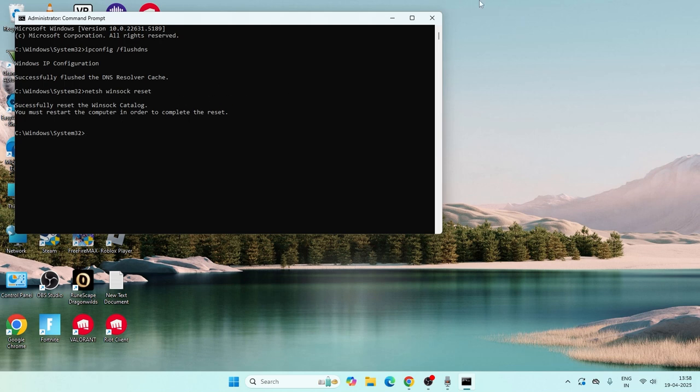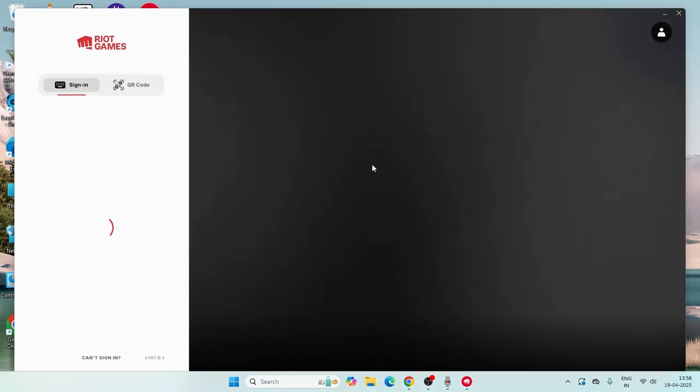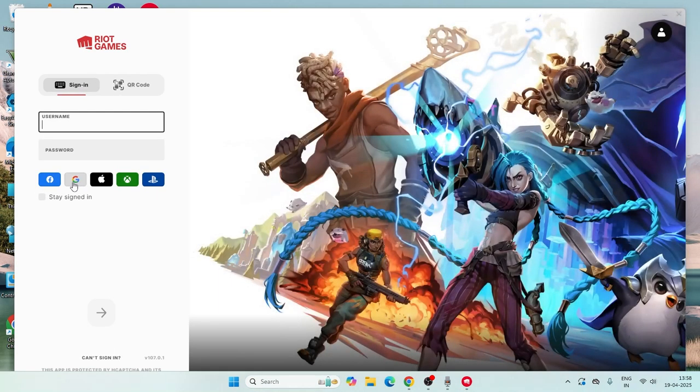The last and final step is all about making sure of one thing, that we need to log into the Riot client. If you are logged into the Riot client, for example, we have lots of games with the Riot client, one is League of Legends, then we have Valorant. So once you get into the Riot client like this, first and foremost, we have to sign in. So once the signing in is successfully done,